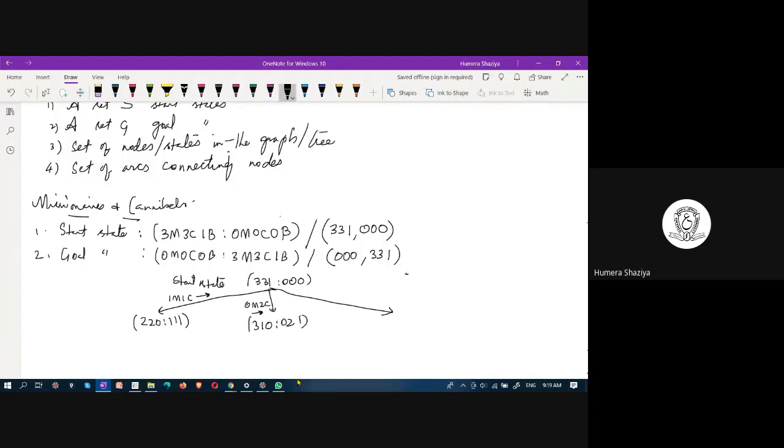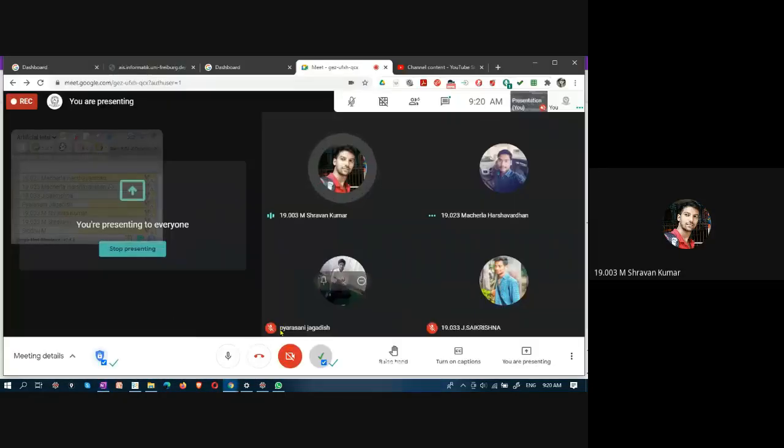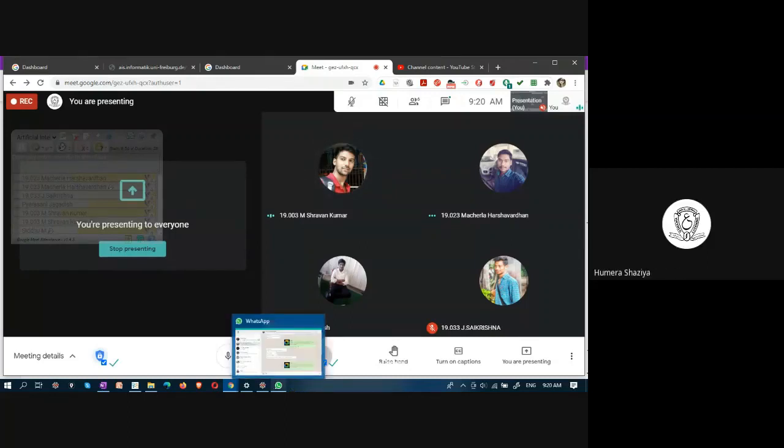Can you tell any other operator? Yes, here we also need to mention the opposite direction, right? Can we do that here? Yeah, we can do it by using an arrow, a left arrow pointing to the left.